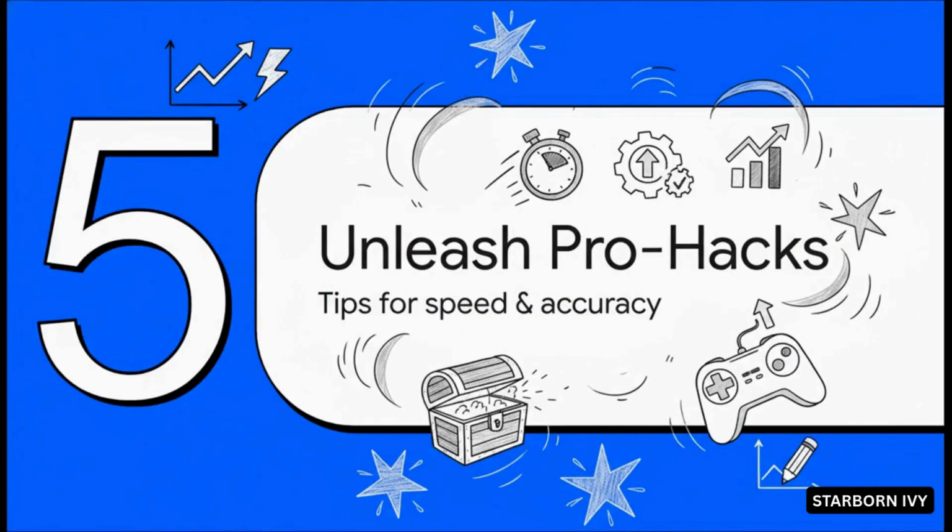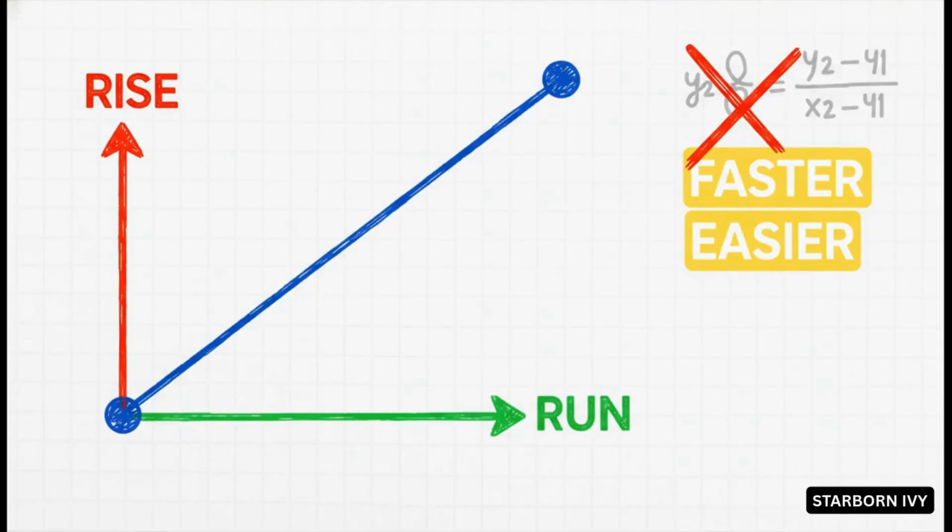All right, you know the rules, you know the traps. Now it's time for the cheat codes. These are the pro hacks that are going to give you a serious edge in both speed and accuracy come test day. First one is for line graphs. Seriously, forget plugging numbers into that clunky slope formula. Just pick